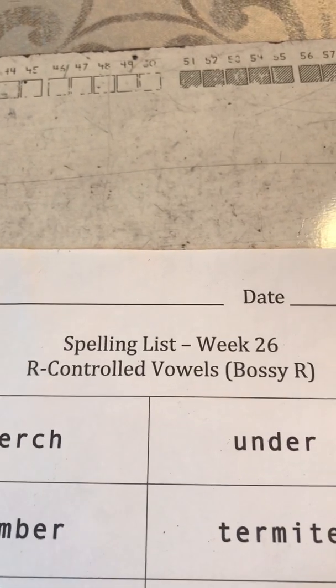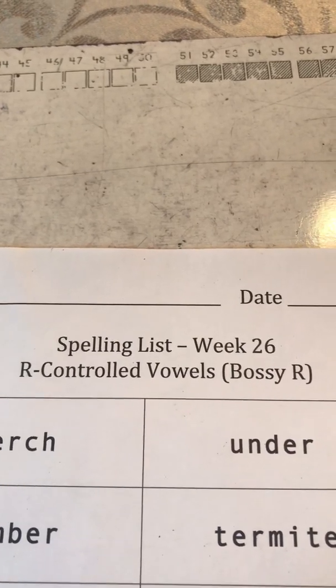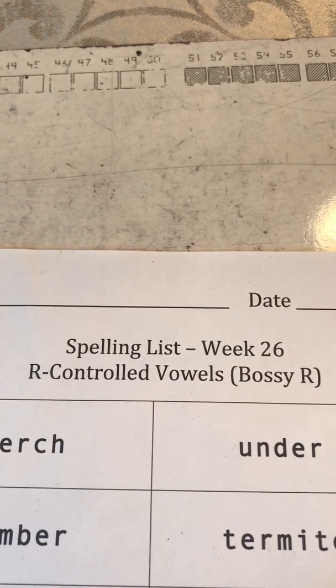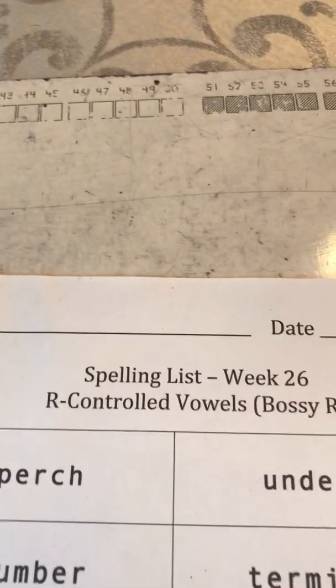Hi friends, and welcome to Spelling Week 26. We have R control vowels, better known as bossy R. So let's just remember that our vowels are